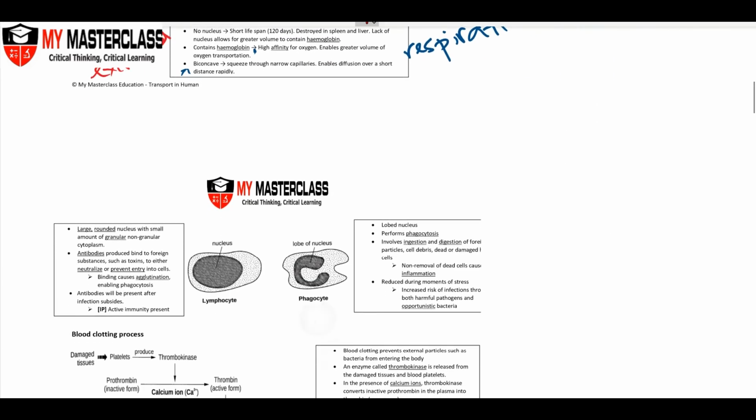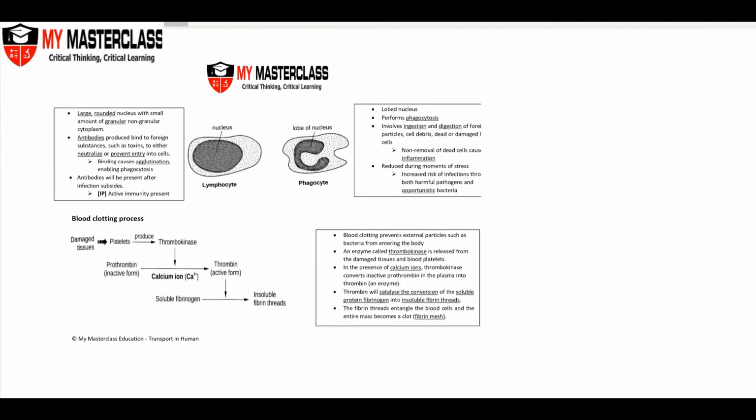Okay, so in the next page, what you have are the shapes of your white blood cells. Recall your phagocytes, they ingest the bacteria, which is why they have this extremely lobed nucleus. When they ingest the foreign particle, it enters into the phagocytes. Lymphocytes, on the other hand, have a nucleus that is very rounded,